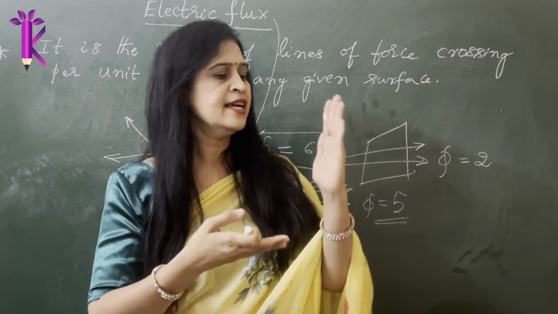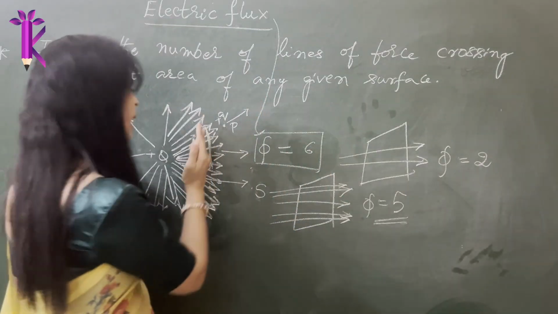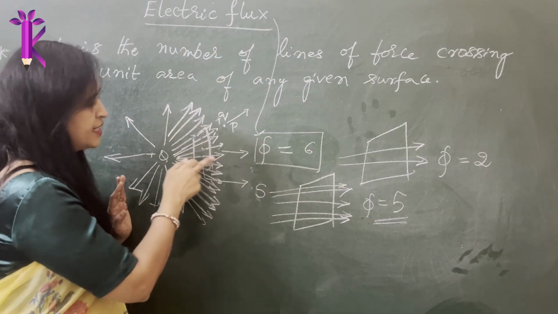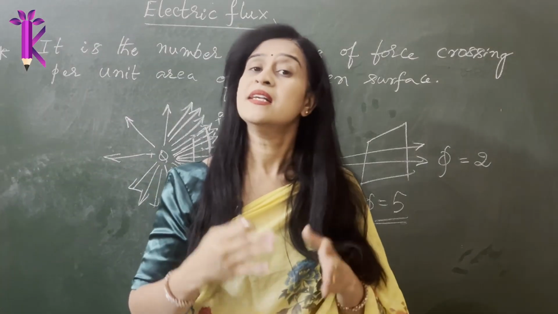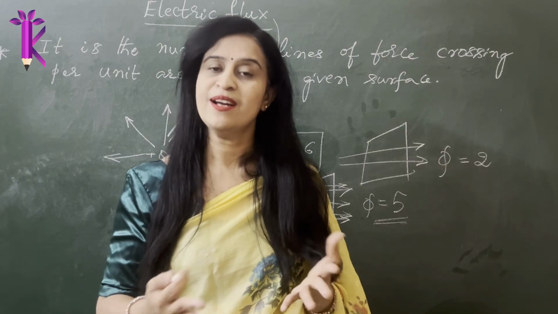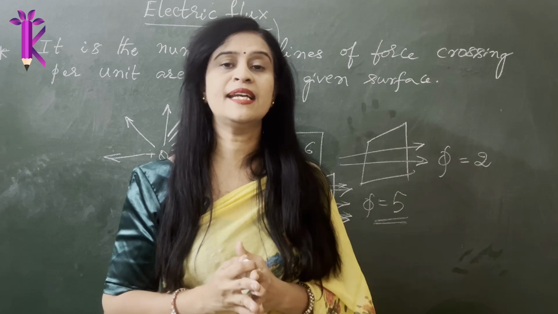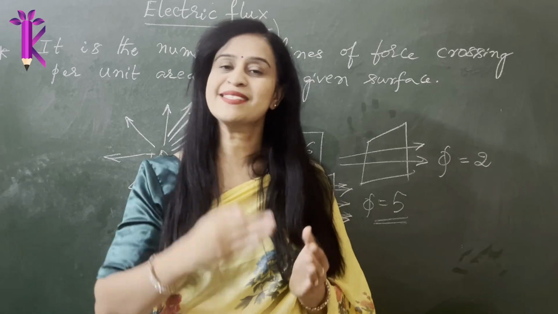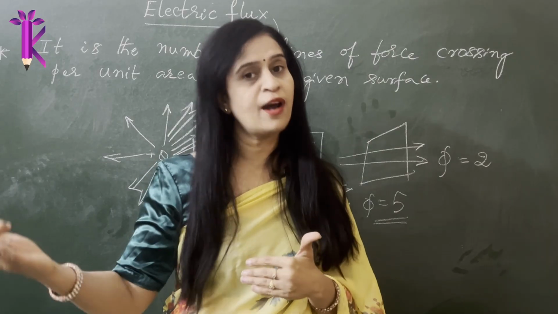So if these are the lines, and you keep the surface perpendicular, maximum lines would cross through the given surface area, so that becomes the flux. So this is the basic definition of flux. Now you will see at various angles what the flux will be for a given surface, and what will happen if you have a closed surface. For that we need to define something called the area vector, which we will do first, and then arrive at the expression for flux, and hence the SI unit for flux.